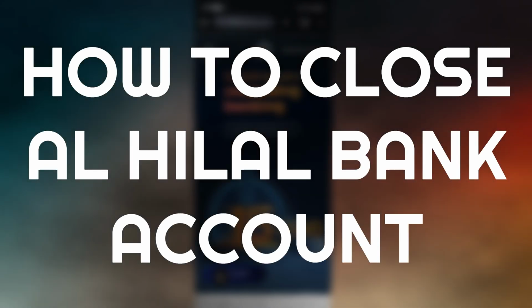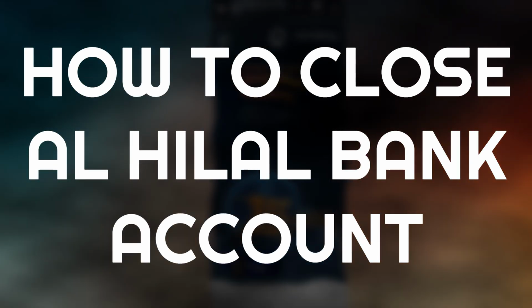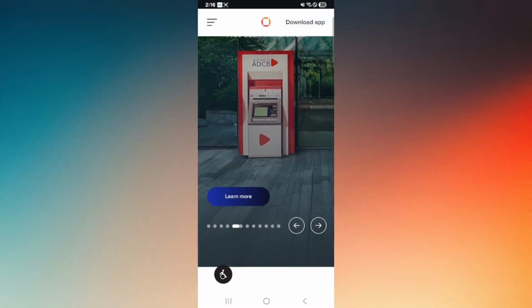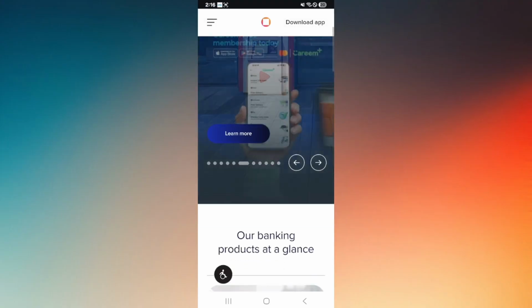How to close Al Hilal bank account or cancel Al Hilal bank account. Now, the very first thing that you want to do is, of course, you'll have to settle all charges, payments,